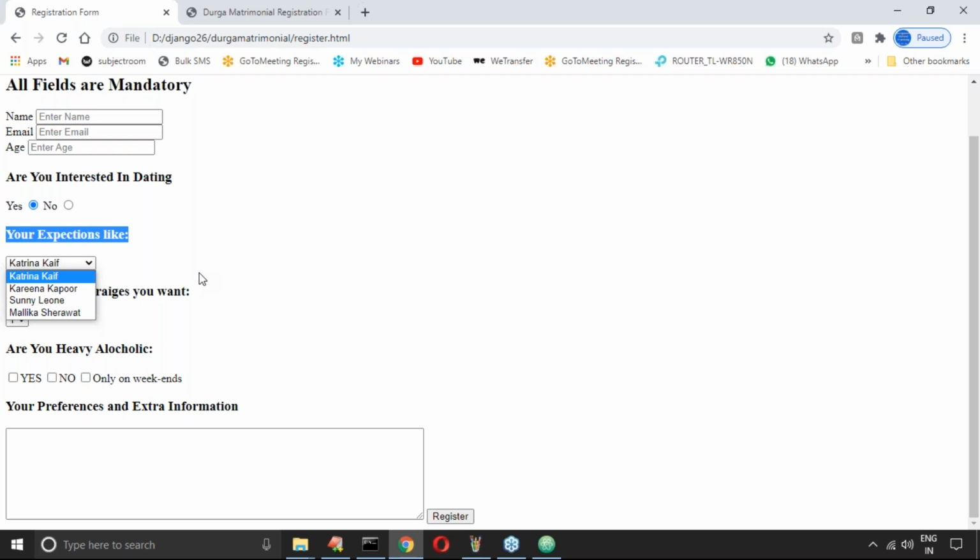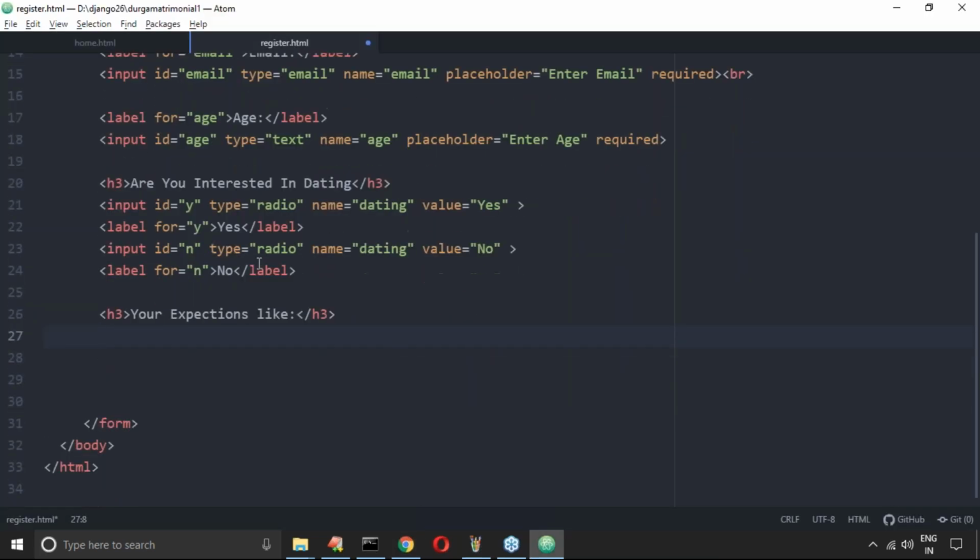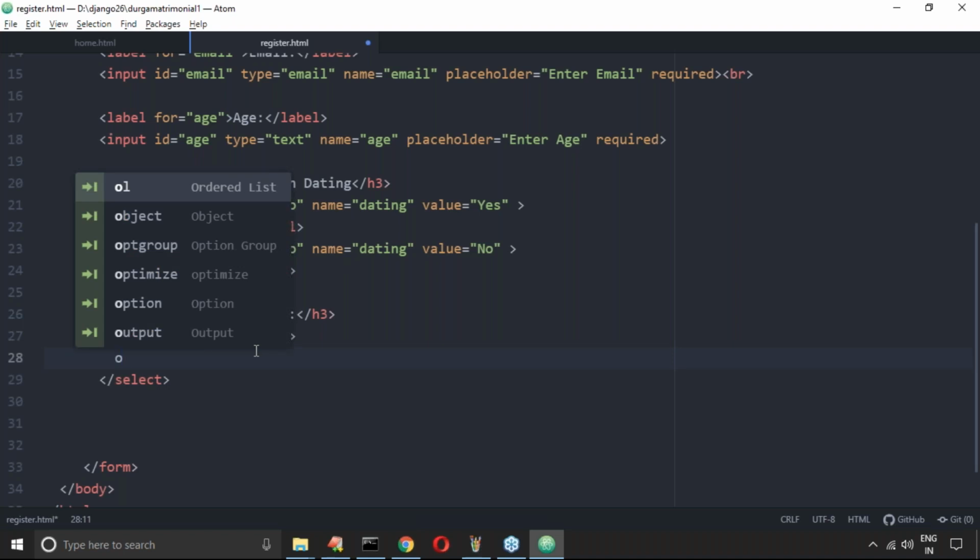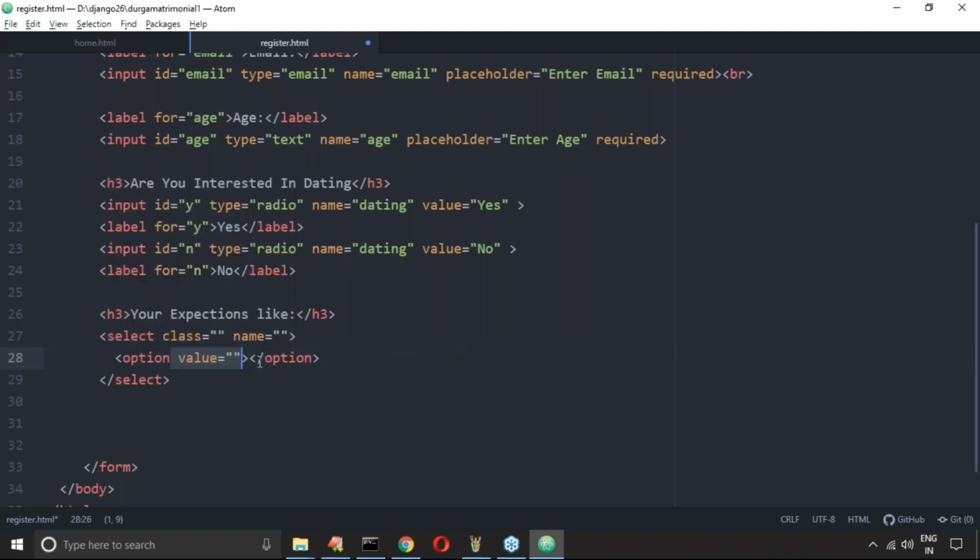It is the select box or drop down box. Somewhere I covered drop down box or select box. Okay, how can you define this one? Select. Do you remember, right? Select we require to use. So in that select we require to use option. Okay, what things will be there, sir? Do you know option is there?